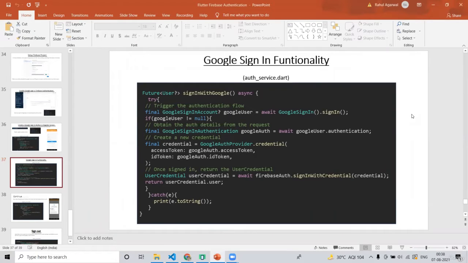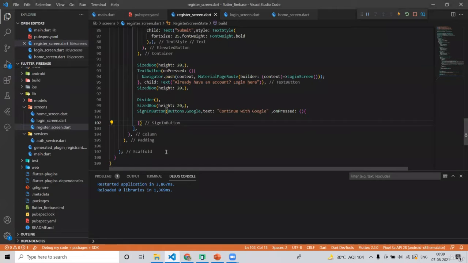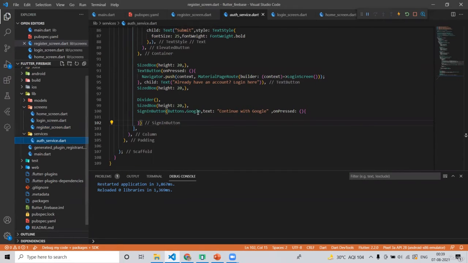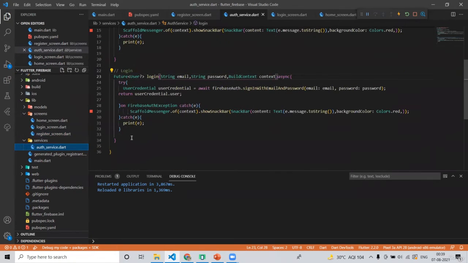So now it's time we learn how to implement Google sign-in functionality. For that, simply bring out your VS Code, go to auth service, and now in the bottom portion, we will write the code.